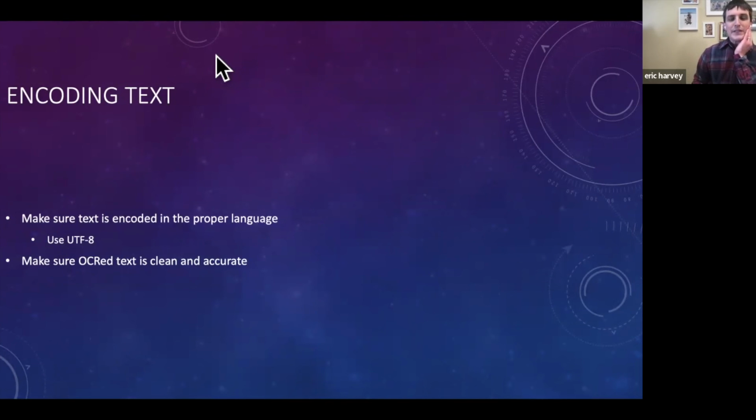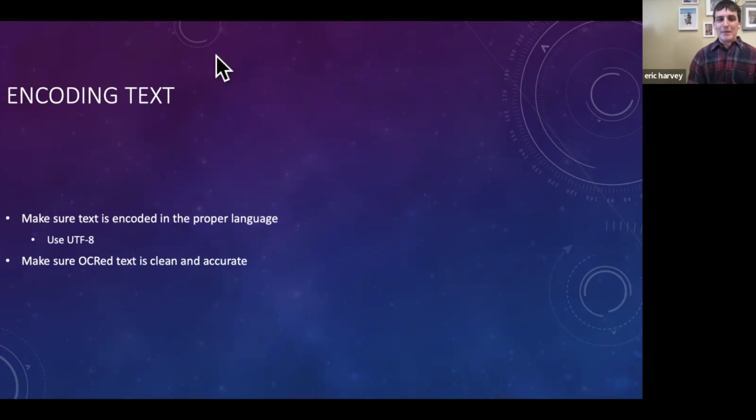The second is OCR data. Since a large amount of digital text is being digitized by scanning and OCRing print materials, the creation of large OCR corpuses leads to... OCR is how we get a lot of our text. So in the process of OCR, you have to make sure that the text you're getting out is cleaned, and there are all sorts of artifacts that show up when you OCR.